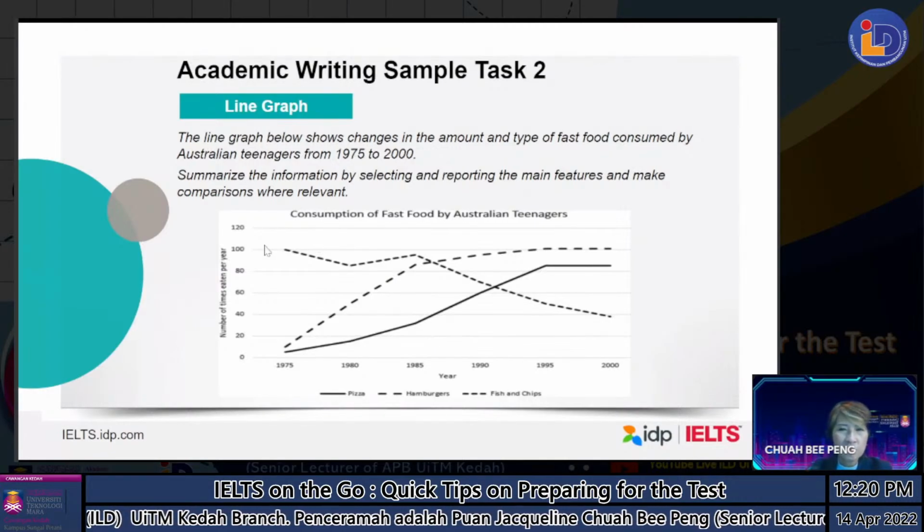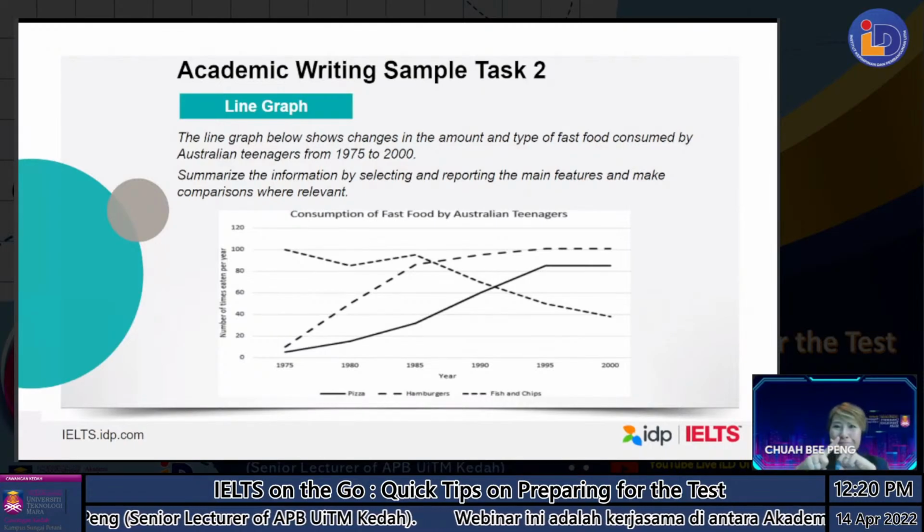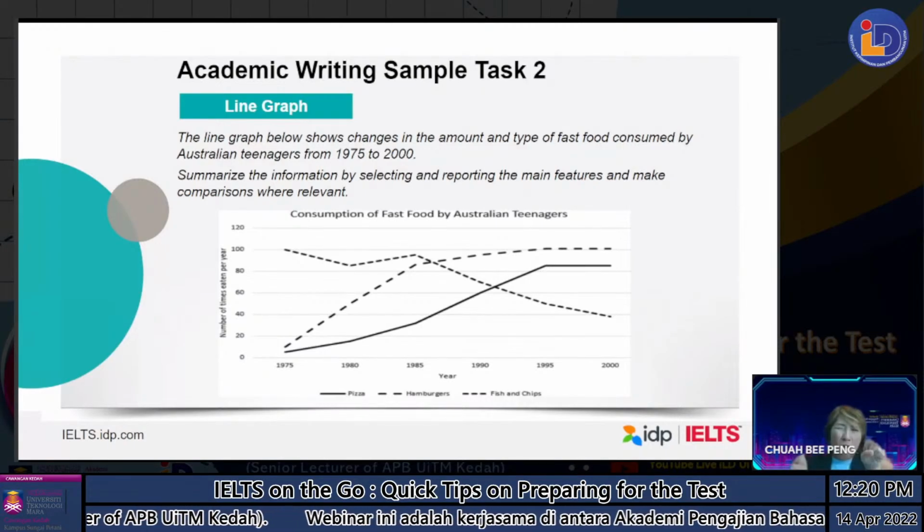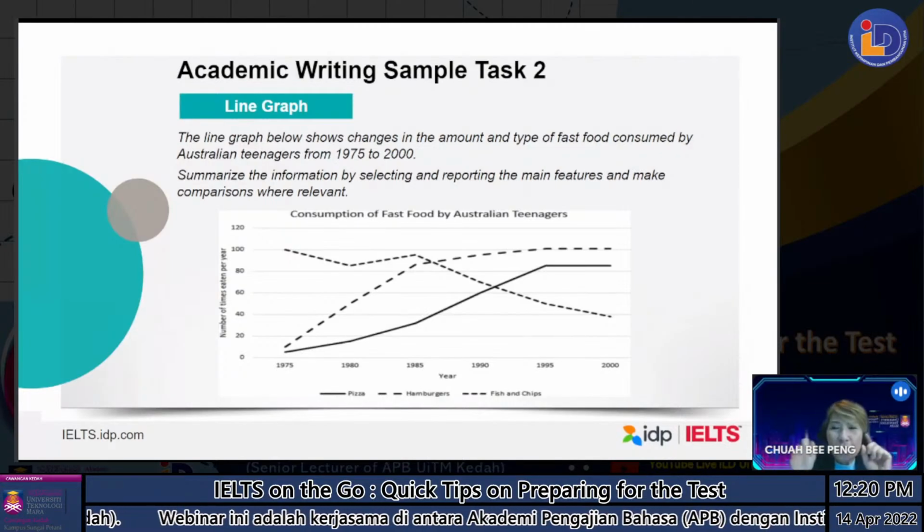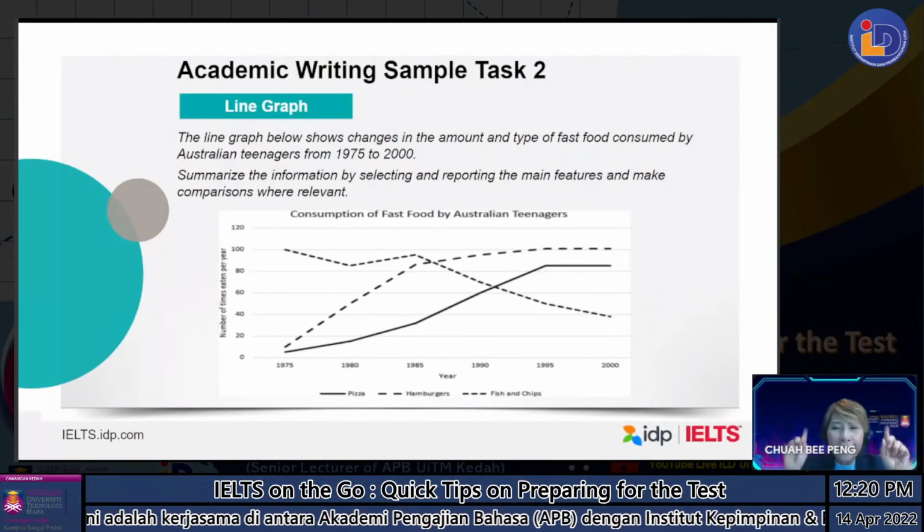And does it even make sense if I were to justify why? Like, probably fish and chips are more expensive, or I don't know. So it's a genuine question. No, no, no, no. Okay. Good question.